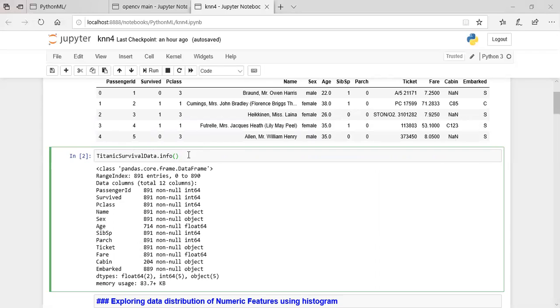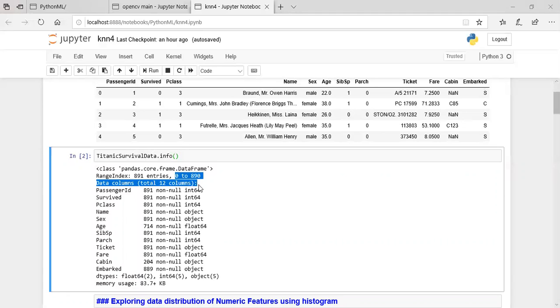Then the next command is how to get information about Titanic survival data. The info command gives us the total number of rows and columns, and how many entries are here, from 0 to 890. That is 891 entries in our data set, and a total of 12 columns.